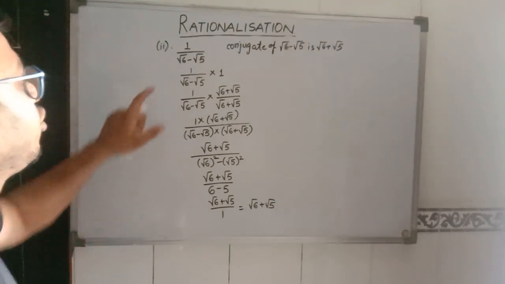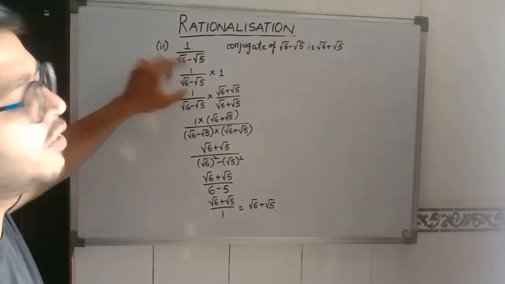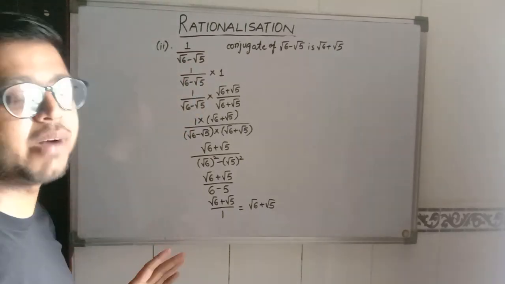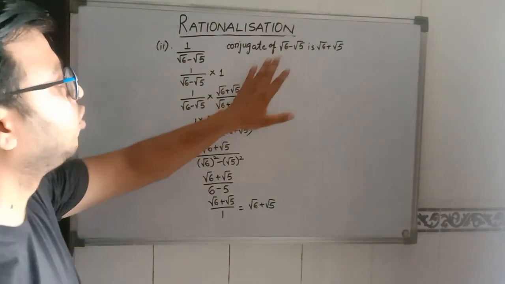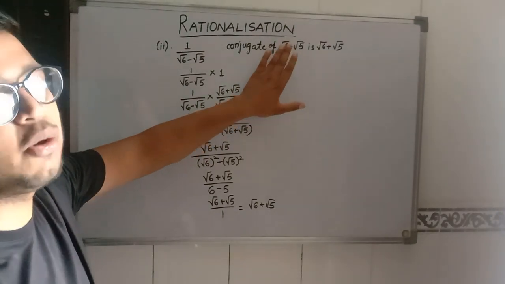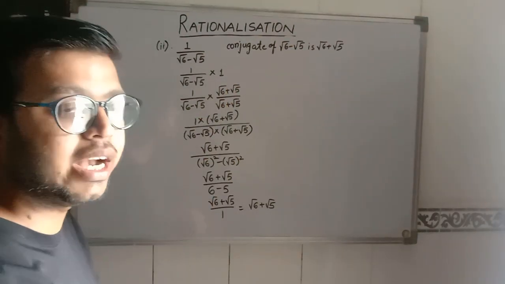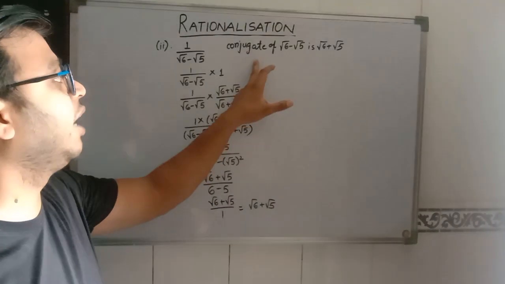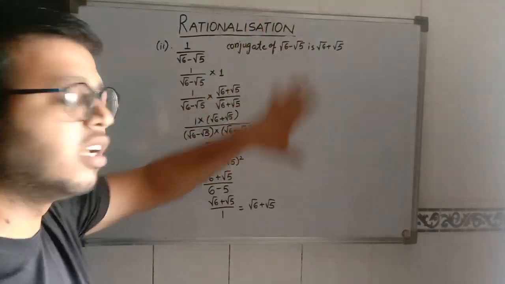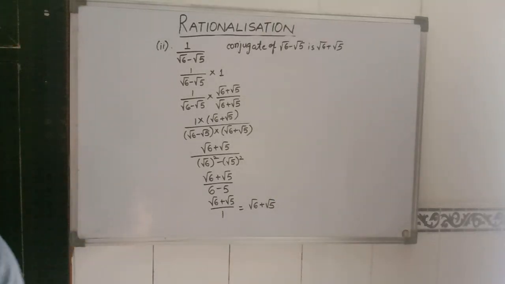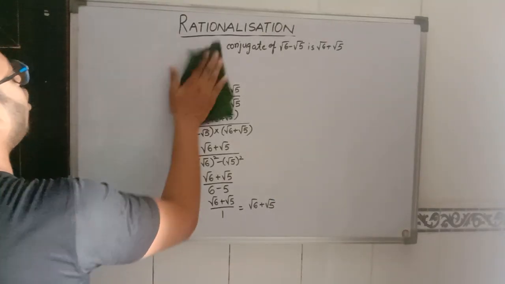So these types of questions in which there are two numbers, both are in square root, and between them is a minus, again these will be classified as type 2 questions. So in these types of questions, again you have to multiply and divide by the conjugate. What is the conjugate? The conjugate can be taken as just reversing the sign between the numbers. The numbers will be written as they are. So this is question number 2 of type 2.